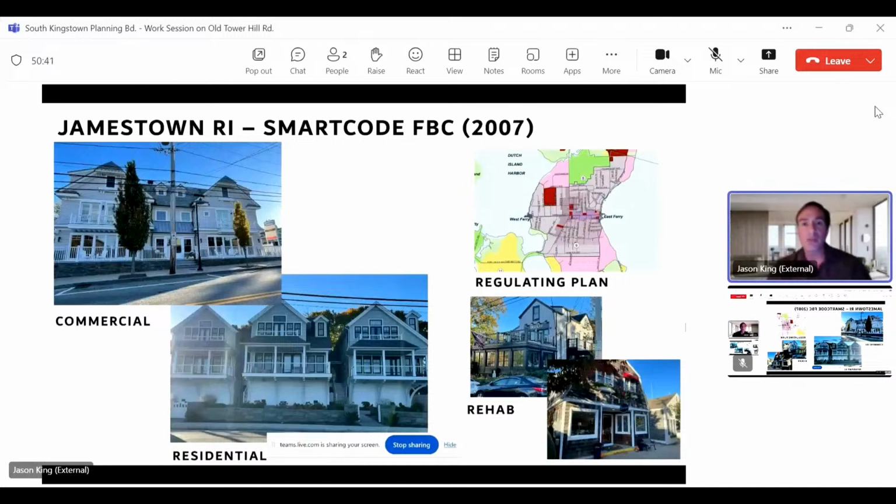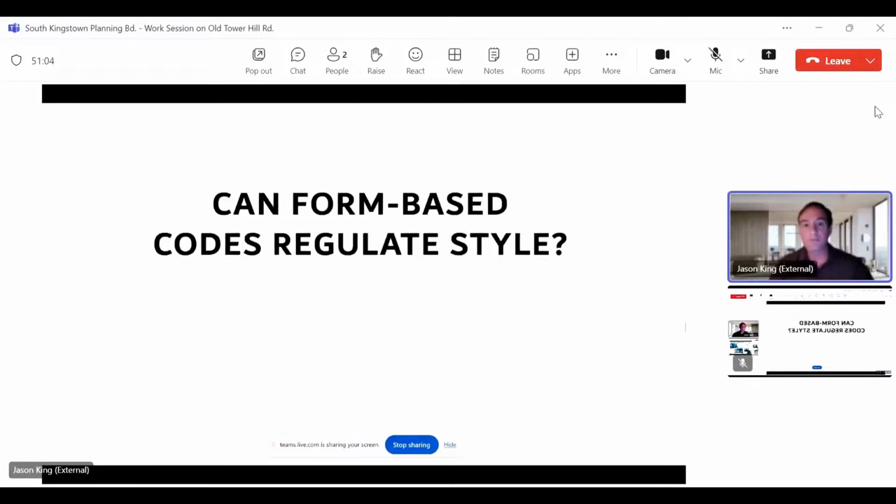Form-based code was adopted in 2007. Sandy Sorling, who's a friend and someone I work with quite often, we're both on the Transect Code Council. We work on a code called the Smart Code, which is a base code. She lived in Jamestown, and so this is an early adopter of form-based coding. And the buildings are coming in, and buildings are being rehabbed in a way that's very much protecting Jamestown's character.